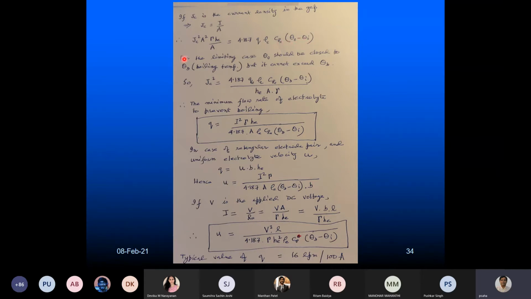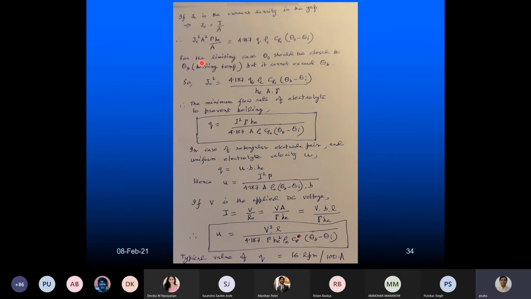We are dealing in terms of joules. Okay, so for the limiting case, what will happen between inlet and outlet? See, on the inlet side, electrolyte may be entering at room temperature. But before its exit, just think of a large electrode. By the time a lot of heat might have been generated and the outlet temperature may be much higher. It may be so high that it may start boiling. And if it starts boiling, that may create other complications and uncertainty in the machining rate.